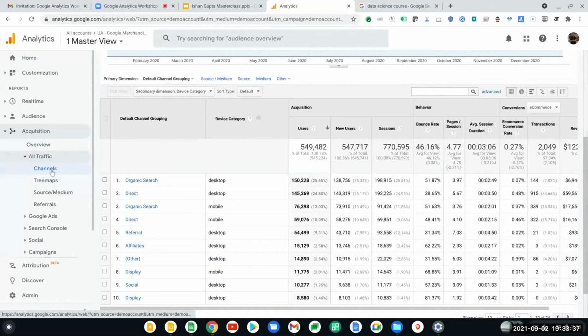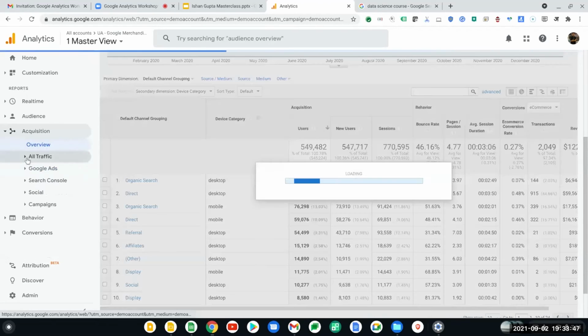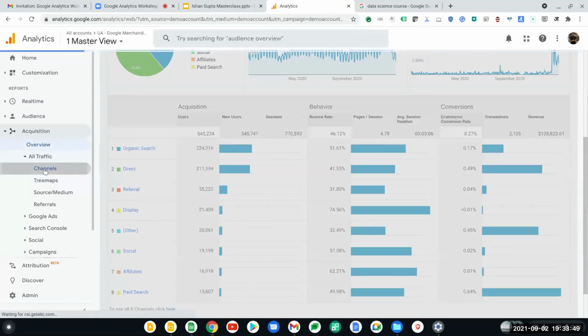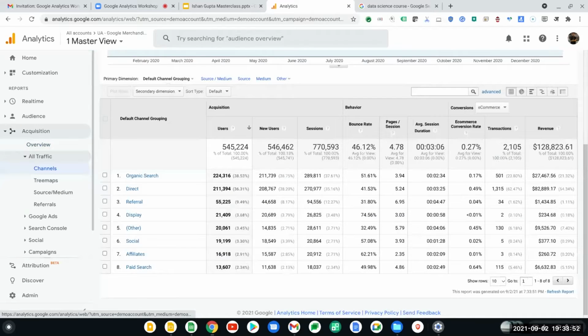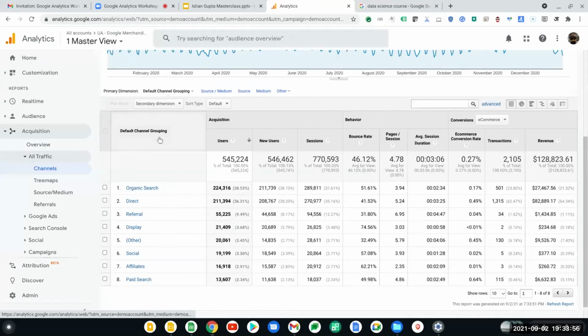Yeah, all traffic. So we have got display. In the display we can choose the secondary dimension as the country. Secondary dimension we can use as a country.